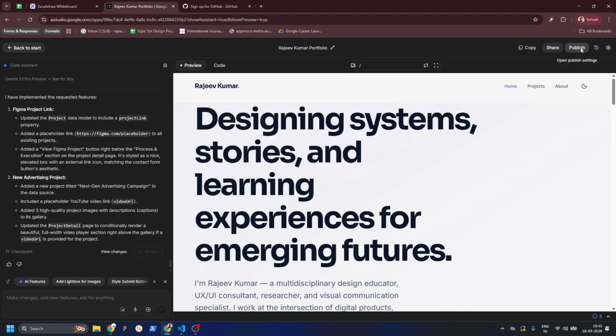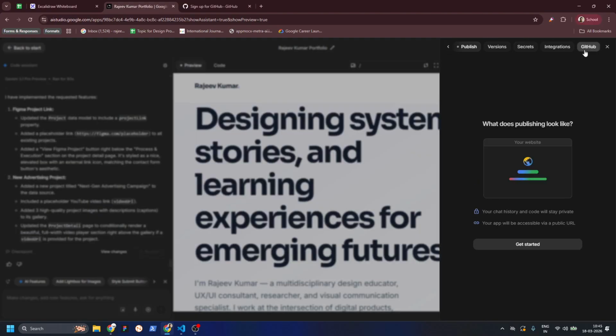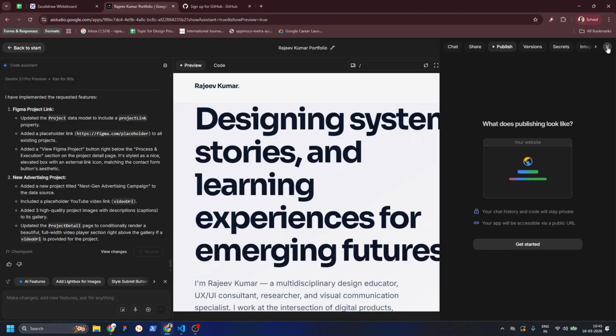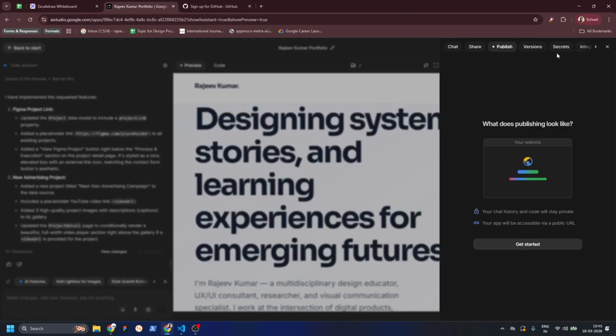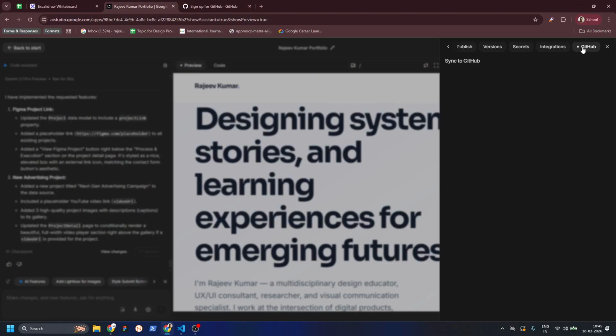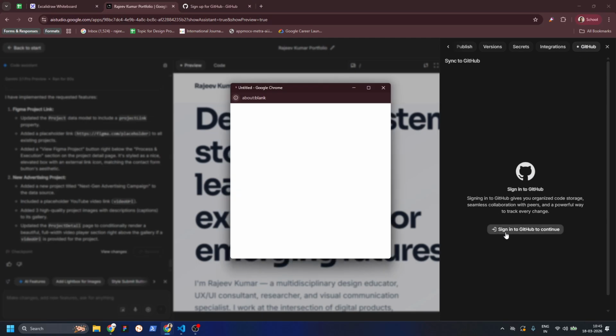I'm going to click on publish here and then scroll to GitHub. Okay? जो मैं बता रहा हूं ना उसको ध्यान से देखो, मिस नहीं करना. Click on publish and scroll, go to GitHub. Click on GitHub. It will ask you to sign in on the GitHub. Click on sign in